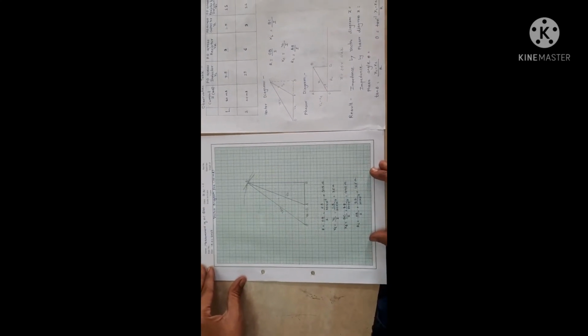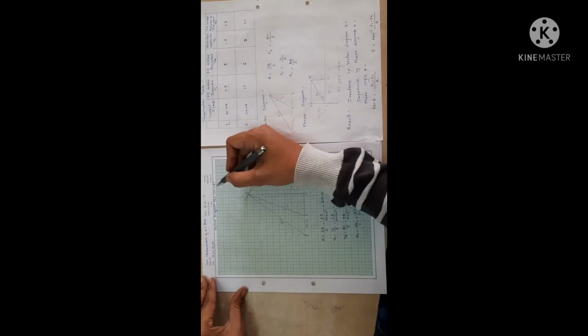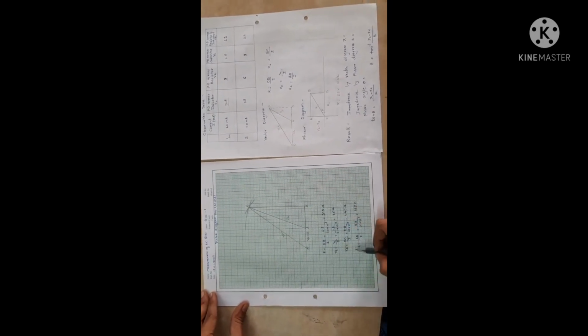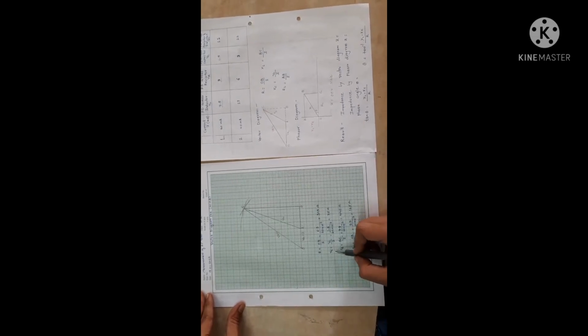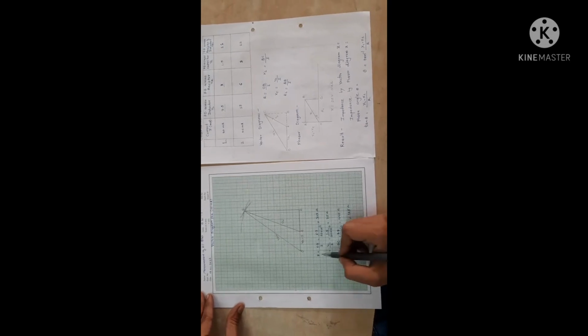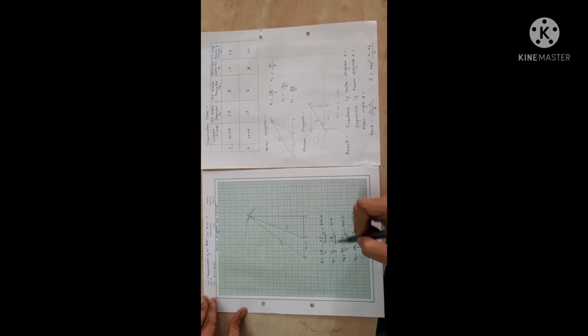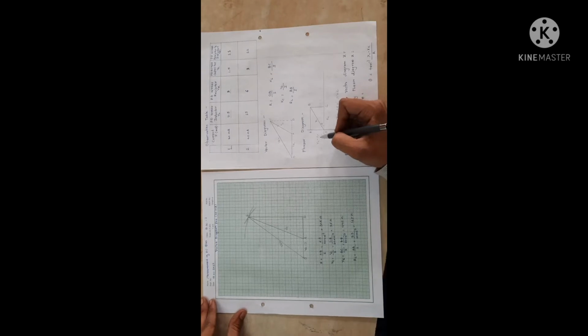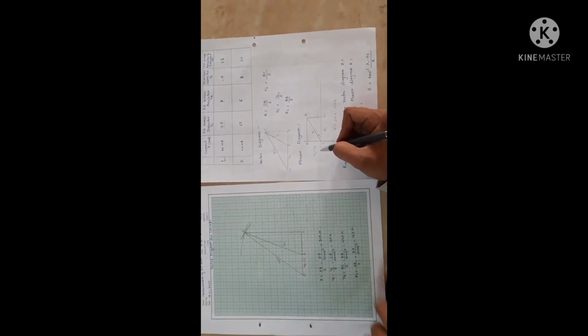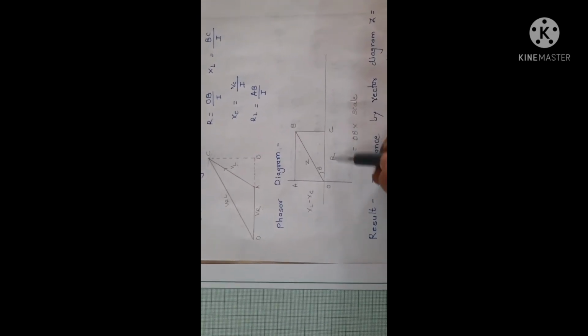Okay, this completes the vector diagram for 20 milliampere. Here is the vector diagram, and here are the quantities we have measured, that is R, XC, XL and RL. Using these quantities, we are going to draw the phasor diagram, with XL minus XC along the y-axis and R along the x-axis.